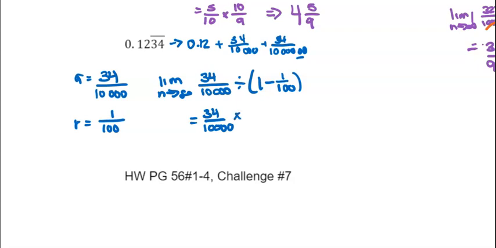And I'm just going to keep flip and change because I know this is going to turn into 99 over 100. So I'm going to flip that right now. In this case, I don't actually cancel out all of it. I can just get rid of some of it. So now I've got 34 over